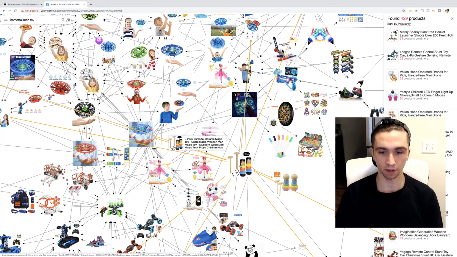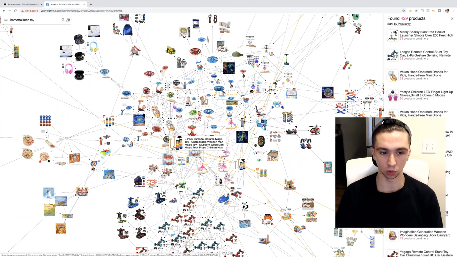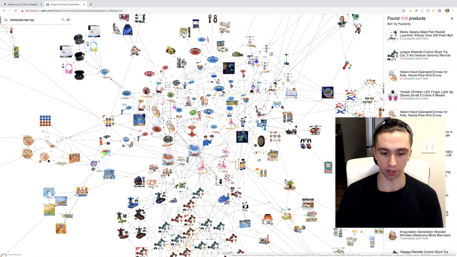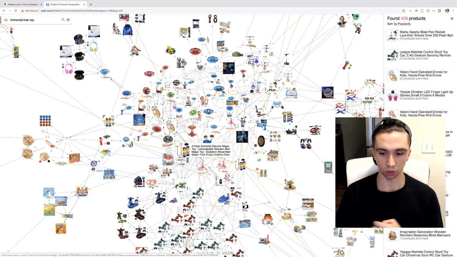And were we to follow any one of these arrows, it's bringing you to things that other customers were coming to and buying with this product. So we see over here, we actually have another one of these. They went to this one. Then from there, they went down to this RC car. So really cool tool. Check this out. I do have another video about this, but I thought it would be fun to touch on.